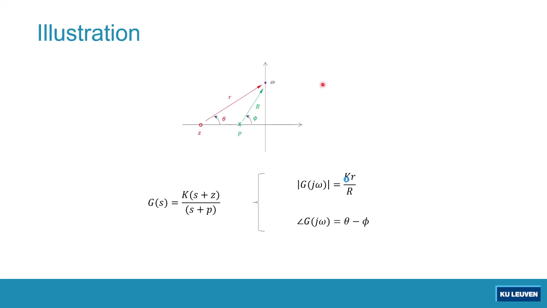Well, the angle of G(jω) technically is just simply the angle of the factor of the zero minus the angle of the factor of the pole. Okay,